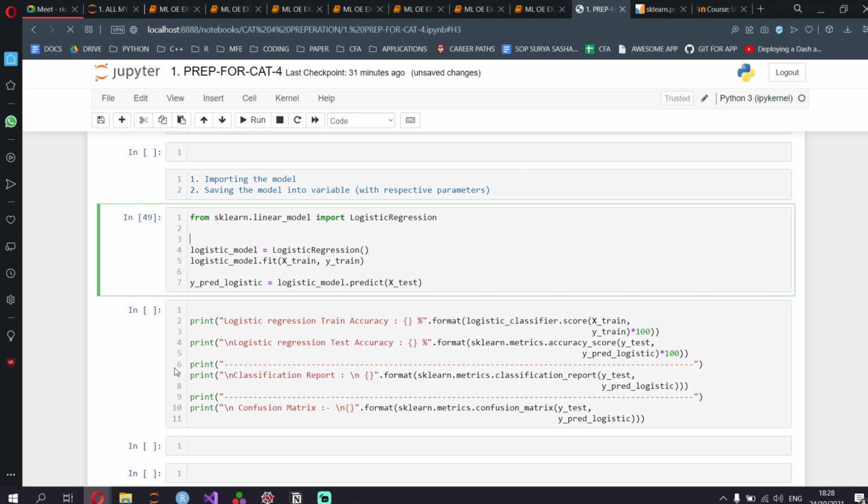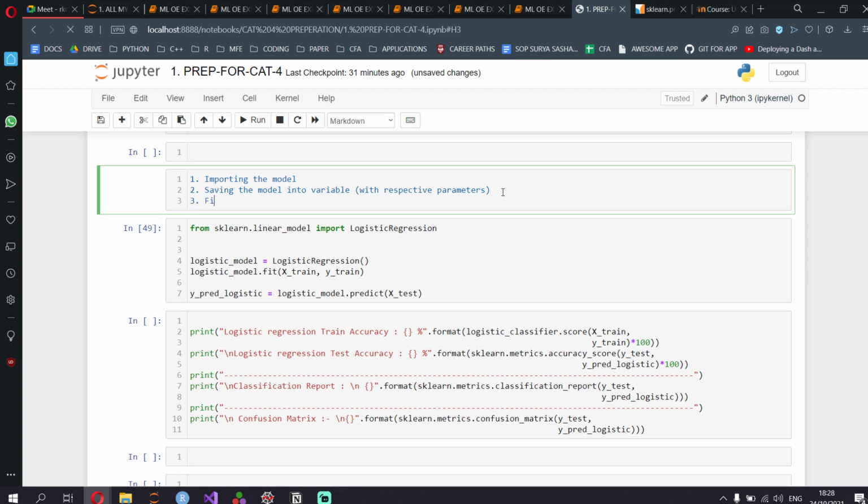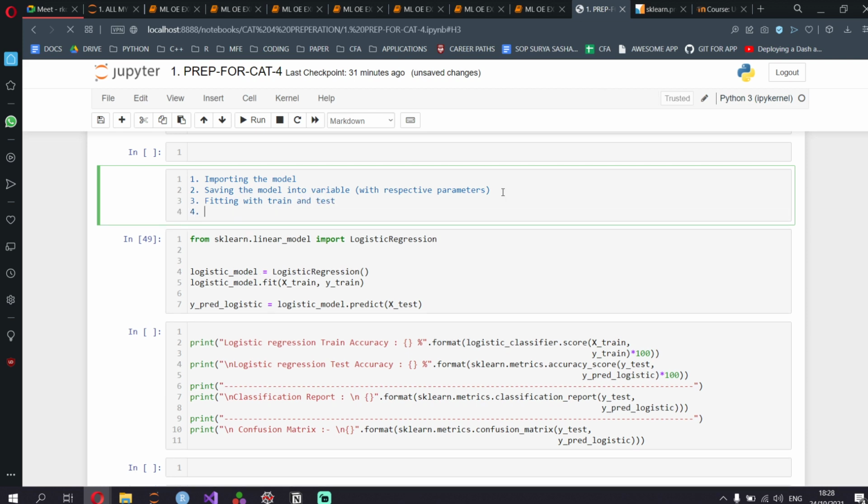I'll put it in a markdown cell, so that you can put it in a code cell and then run it. So step 1 would be saving the model with the parameters, fitting with train and test, predicting and saving. Okay.